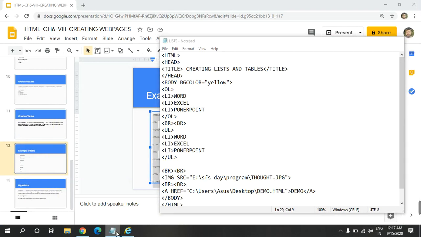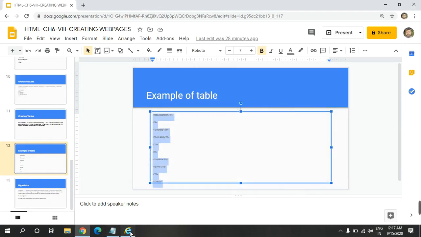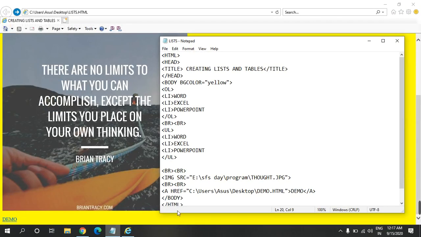You may see here we have given a href and the path of the file, demo.html. There is a file demo.html which is placed on the desktop, and we have given the complete path of the file, and then the hyperlink name is also demo. So when we click on this demo, we will reach this file, whose file name is demo.html.